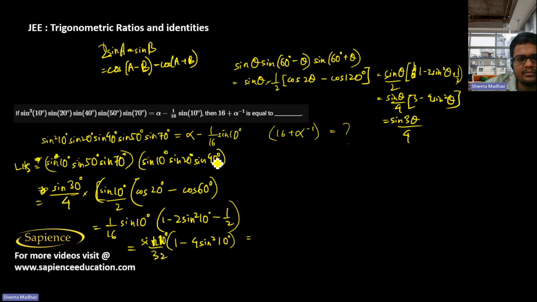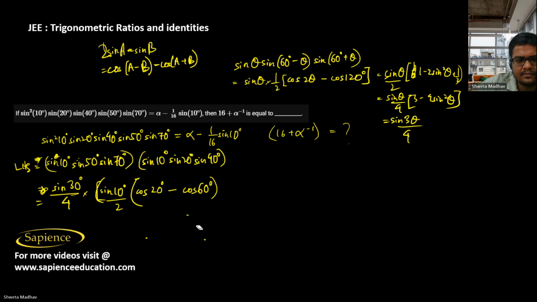Half of cos a minus b, cos a plus b. Okay. This will be again, this is half, 4 is 16, so it is 1 by 16 into sine 10 into cos 20 minus sine 10 into half. So this will be